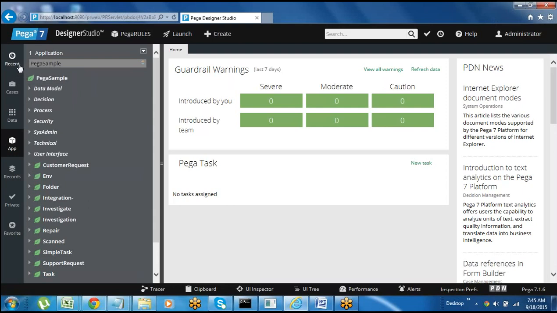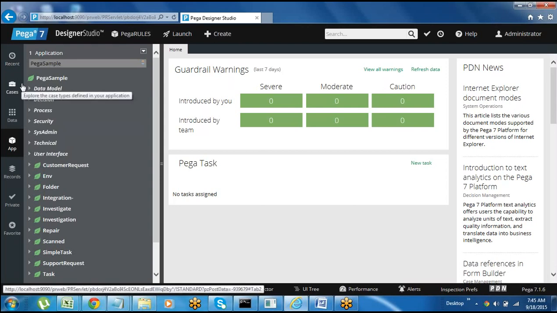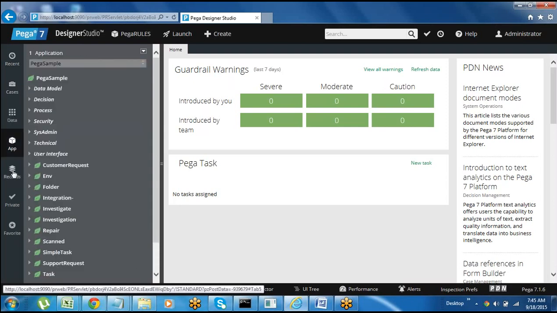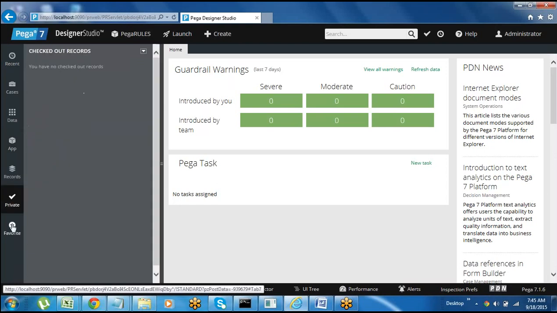We'll see the 6.3 version in the coming sessions. I will take 3 or 4 sessions to tell the differences and compare both versions. So right now concentrate on the 7.1 version. These are all the different explorers we have. When we start the application I'll tell you in detail about each and every one.